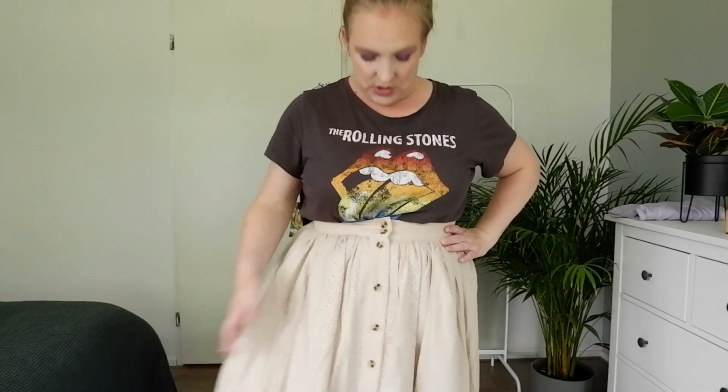All right, and then the final clothing item from H&M. I only have one more item, but that's an accessory, and that's this skirt. I'm into my beiges at the moment, as you can tell, and this is a broderie anglaise skirt. I believe they still do this at the moment. I think it's actually on sale now, and it's just this button-down skirt,